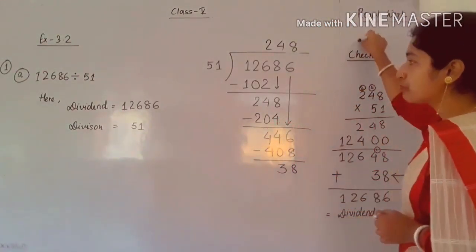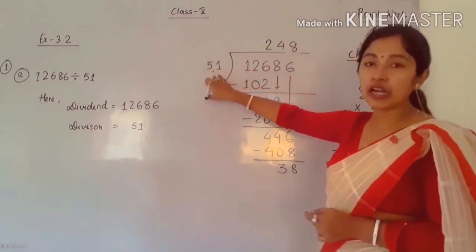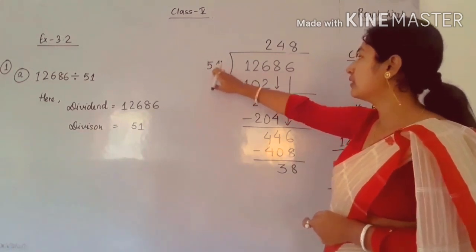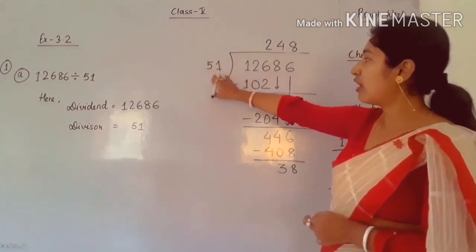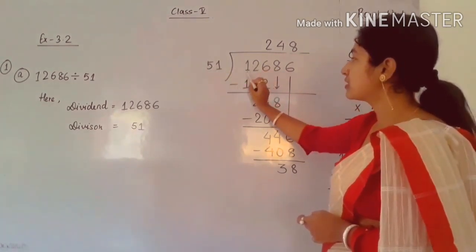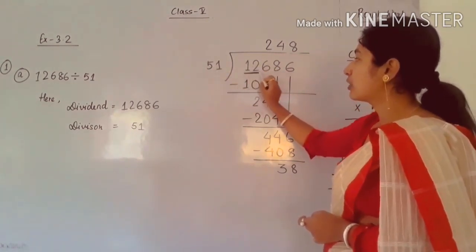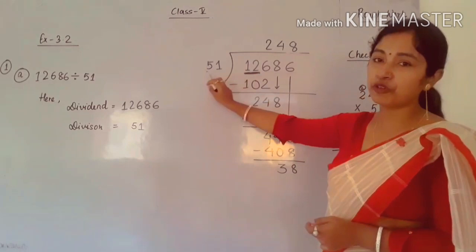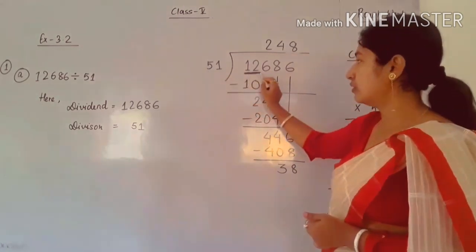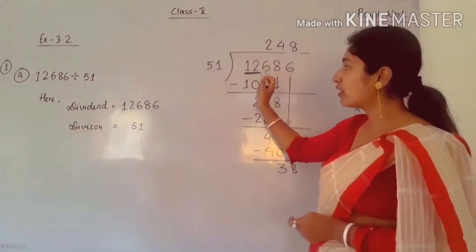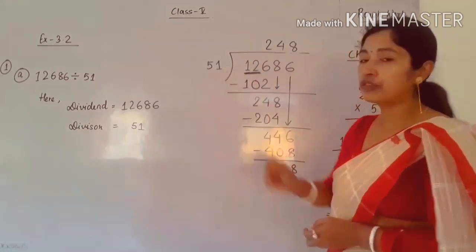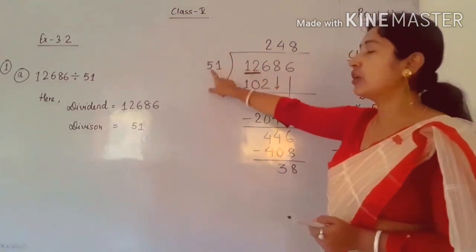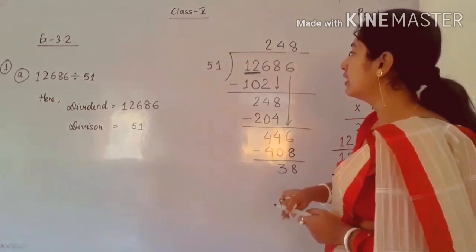As you can see, 51 is a very large number. So how can we divide by this number? You have to see the first two numbers. Here the first two numbers are 12. First of all, you have to check for 1. 1 will not come in the table of 51, as you all know. So we have to check the 2-digit number, that is 12. 12 also does not come in the table of 51, as 12 is very much less than 51. So we will go to the next digit.